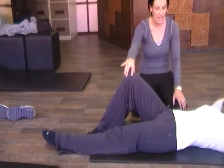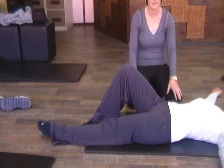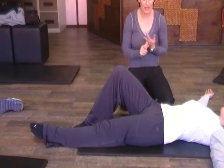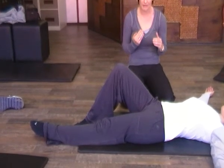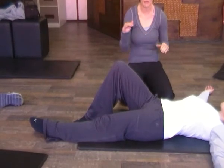So hip disassociation is a really important aspect that we use when training people for the simple reason that it's important for our gait cycle. And it's important for the strength of the hip flexors and the hip extensors in their ranges. Hip extension is about 15 to 20 degrees, and hip flexion is about 120 degrees depending on the flexibility of